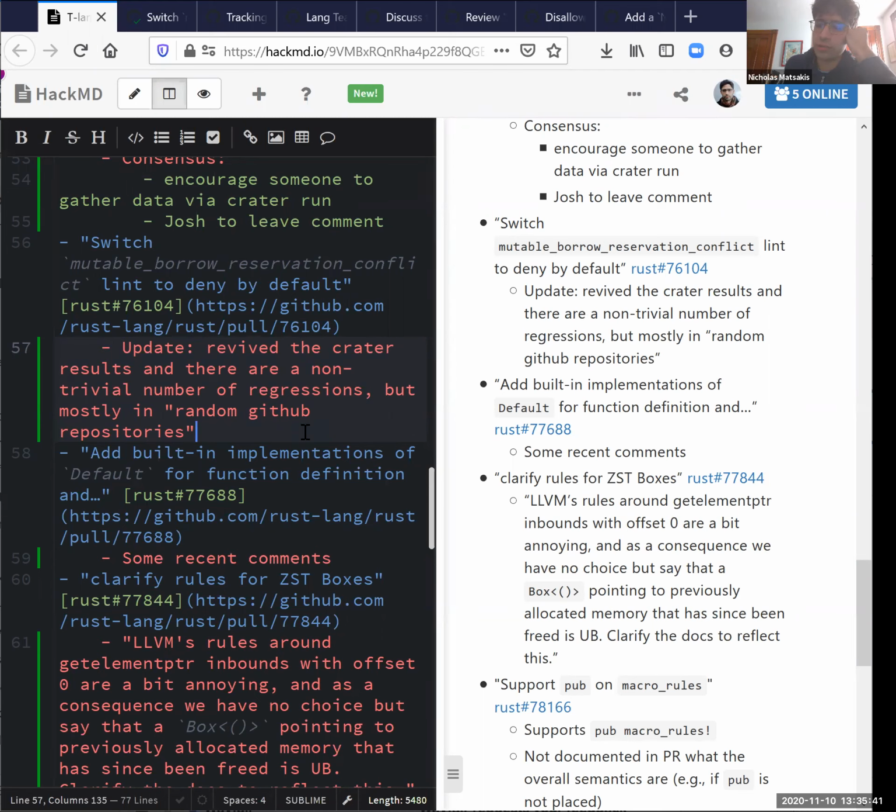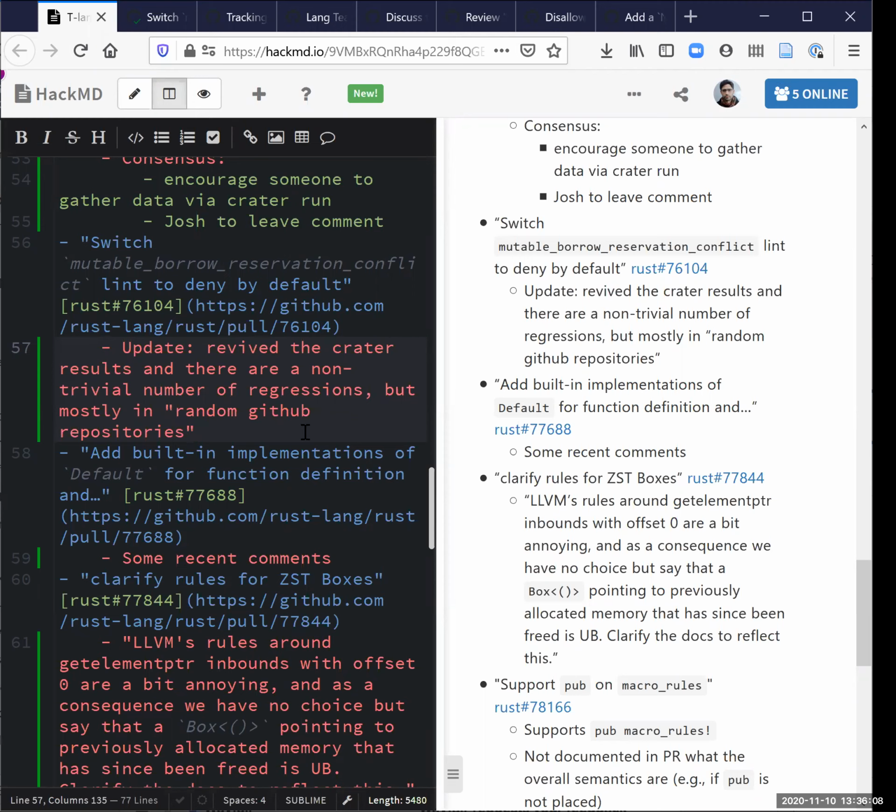As far as we know, there is no impact because even normal two-phase borrows force stack borrows to be very conservative, or even the more limited form. So there's really no reason to keep denying this with the current formulation.